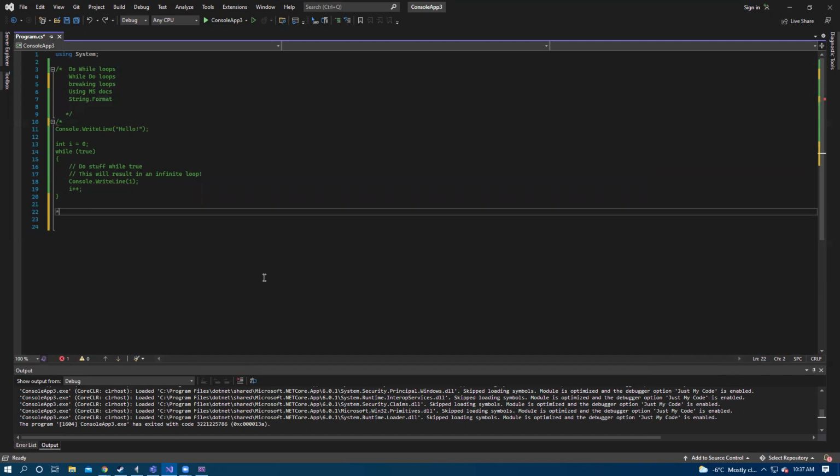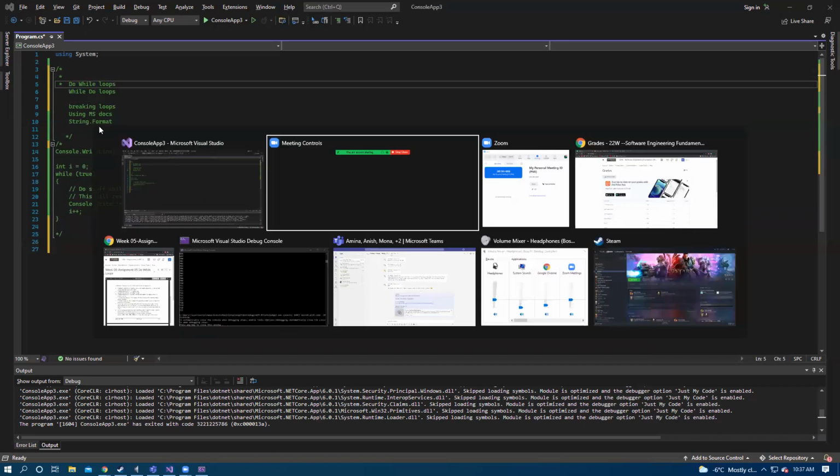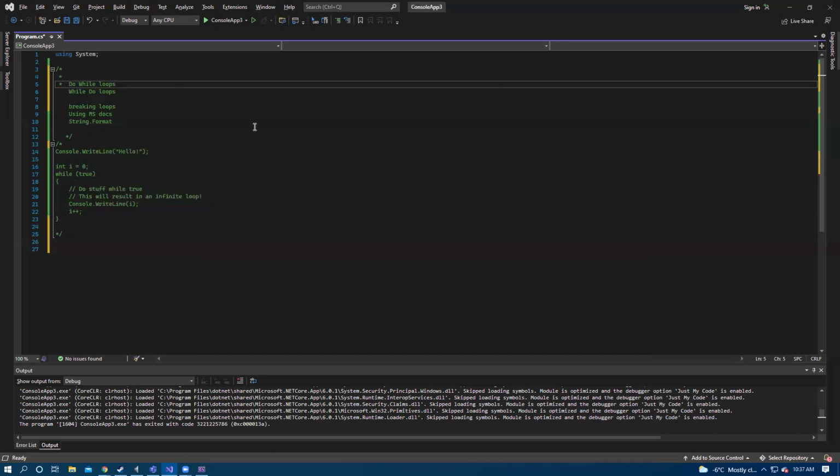So we'll do a brief make sure everyone's on the same page with the tech that we need. We have do while loops and we have while do loops. Guys, are you familiar with the difference between the two, the syntax and all of that? Not overly myself.